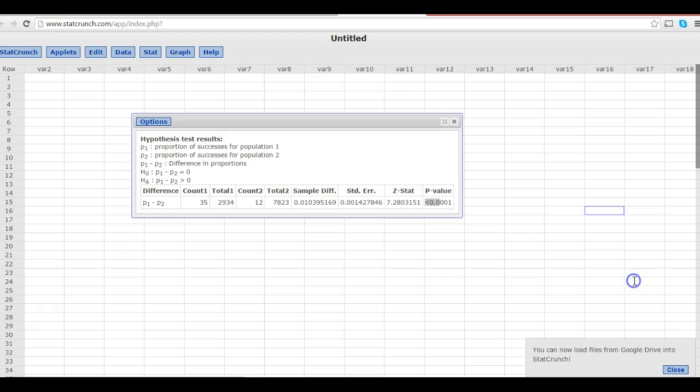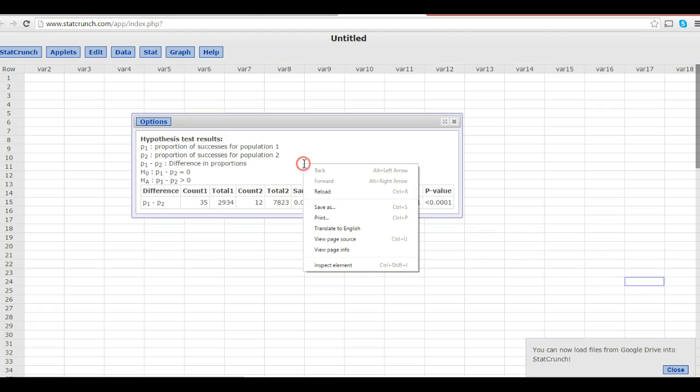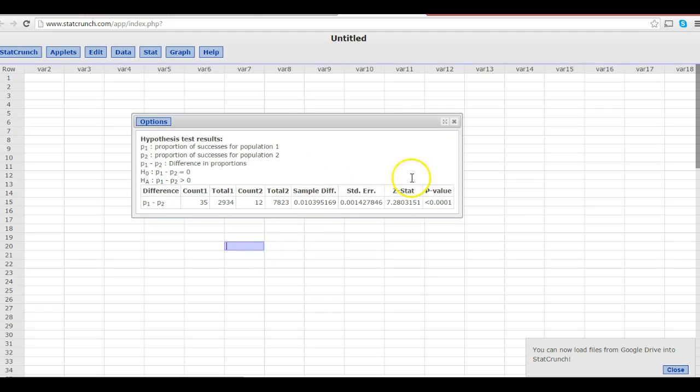So that's how you do the problem, and when you're loading this into a Word document, you can actually save this, right-click and just save it, and you can go ahead and copy it into your Word document. Another way you could do it if you don't like that method, you can always hit the print screen key. On my keyboard, it's right in between the F keys and delete. If I hit print screen, it takes a copy of my entire screen, and since it says screenshot added down here,